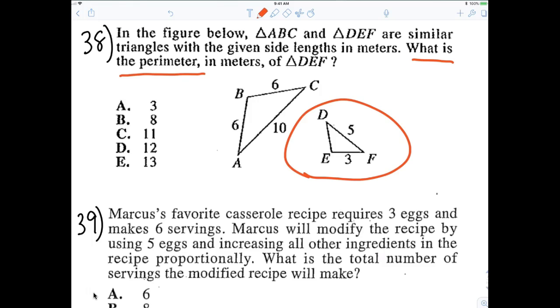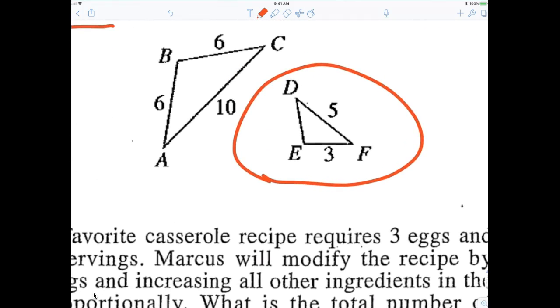Somebody has to tell me, though, what DE is. You've got to tell me what that length is. Do you know? The bottom is 10, and then it's like the other one, and the two sides are the same on the other one, so